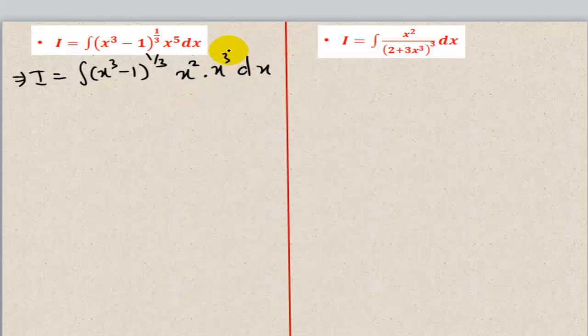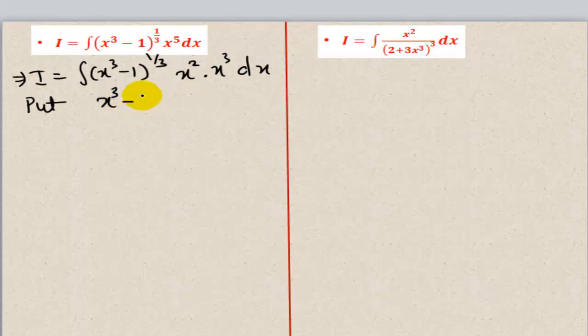So you can see over here, if x cube is replaced by t, then its derivative will involve square of x and dx. So we will put x cube equal to t. You can even put x cube minus 1 equal to t. That way, you will have to replace x cube by t plus 1. So either you can put x cube minus 1 as t, or you can put x cube equal to t. Either way you can proceed. But we need to explore which will be more convenient, which will help us in simplifying our expression.